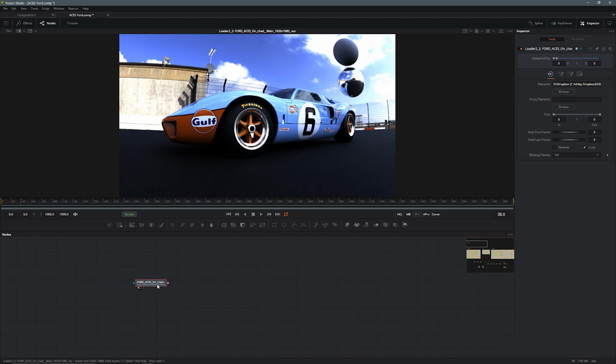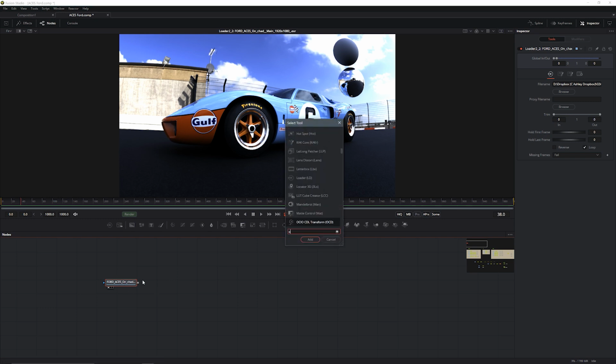Now, typically what I would do is I might set up a view LUT that would be a 2.2 gamma sRGB workflow, but that's not what we're going to do here. All right, the first thing I need to do is give this thing an input device transform, so that we can work in ACES, right? So let's go ahead and grab our footage. We're going to hit Shift Space Bar, and we're going to search for color space,